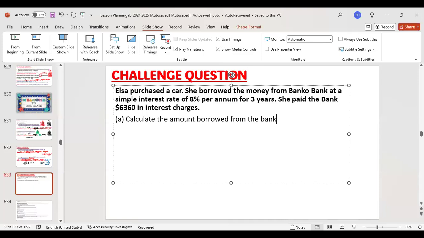Okay, so we already have the interest, which is 6,360, and the years, 3 years at 8% per annum. So the principal is going to be divided by 0.08 multiplied by 3. Where do you get the 0.08 from? The 0.08 is when you divide the 6,360 by